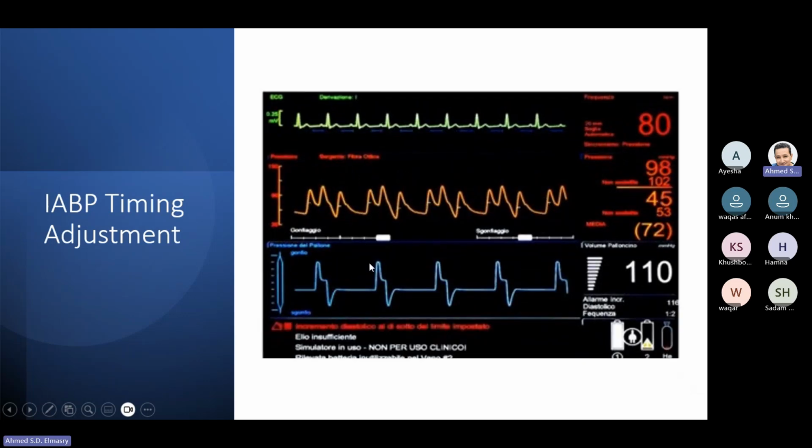And the next abnormality is the late inflation. And as you see here,